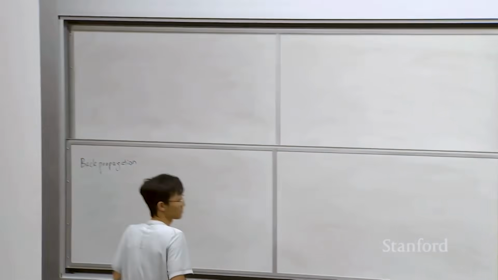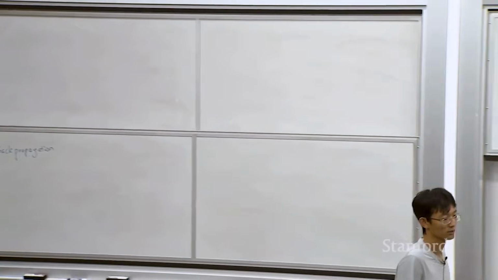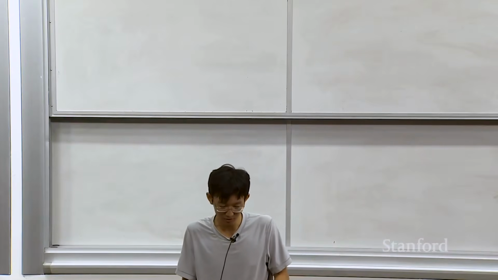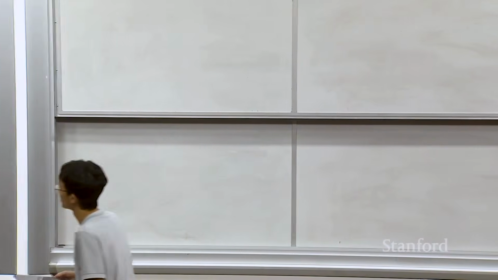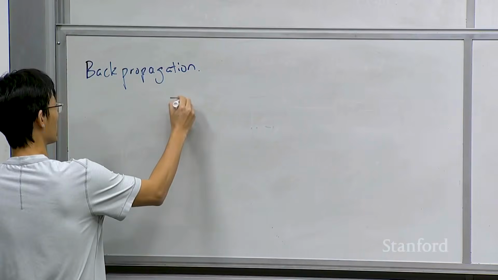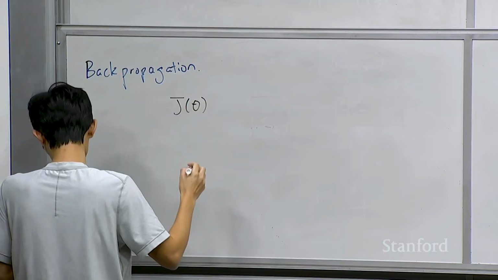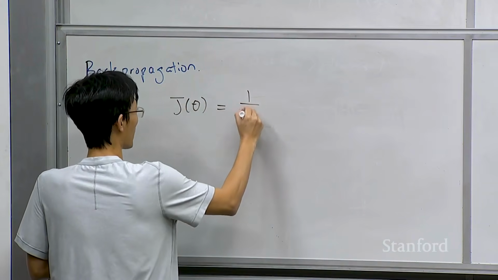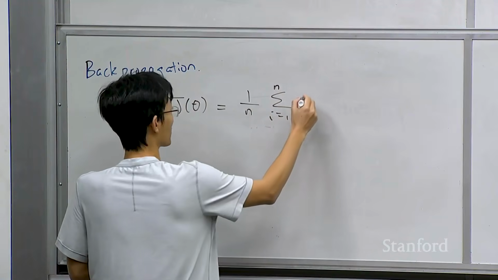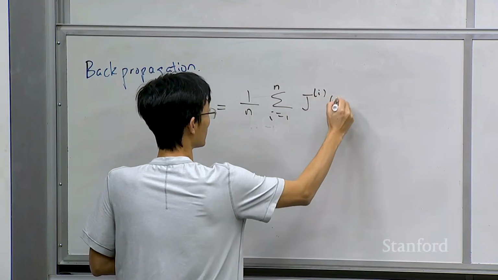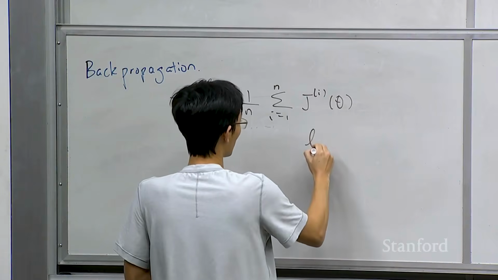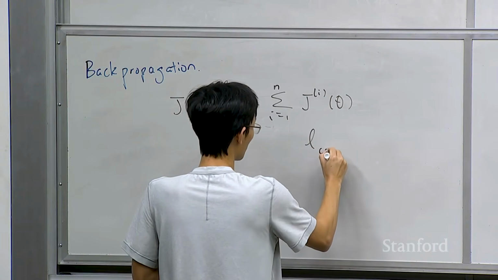As we said last time, this is the algorithm to compute the gradient of the loss function with respect to parameters. So maybe just a very, very brief review. The background you need from last lecture was that there is a function, let's call it the loss function or the cost function, which is the average of the cost function of individual examples. So each example i has a cost function, and this cost function is something like maybe a loss, maybe cross-entropy loss, for example,